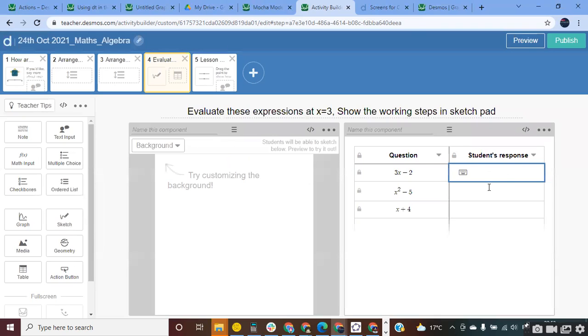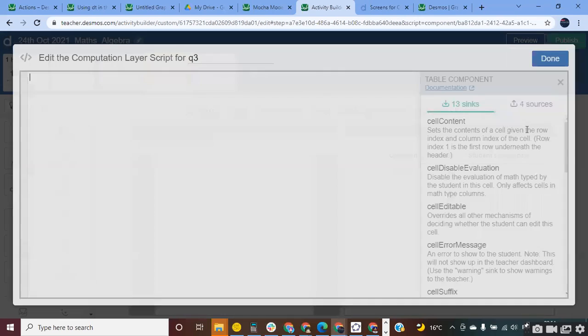So guys, look at the answers here. What are the answers for our questions? So first question, I think 7, then 4, and then 7. Okay. So we can go here in the edit computation layer. As I said before, you need to make it label. So please, if you are connecting back, but if you don't want to give feedback or you don't want to connect it, maybe you don't need to name it. Let's name it Q3 or table 3, something. It's up to you. Go to the computation layer.